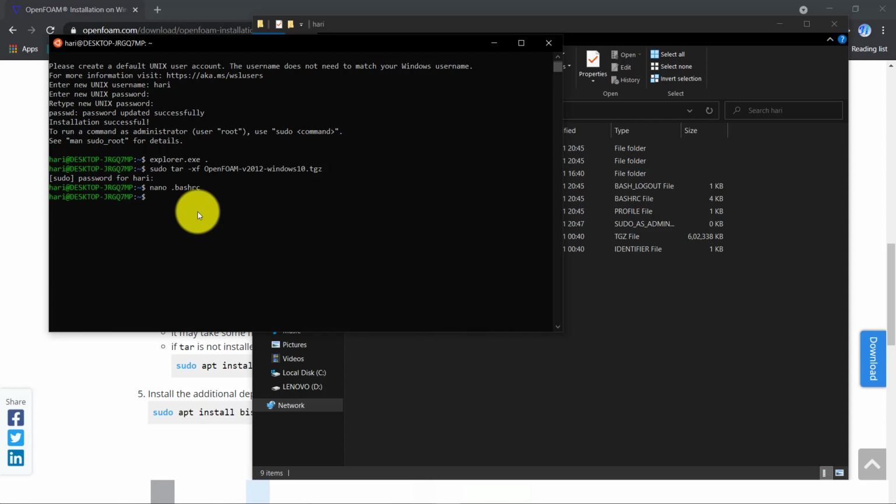Now if you write simpleFoam -help, here you can see our command simpleFoam not found, but it can be installed with sudo apt install openfoam. Here you find this error, but it is not an error because we had just edited our .bashrc file.